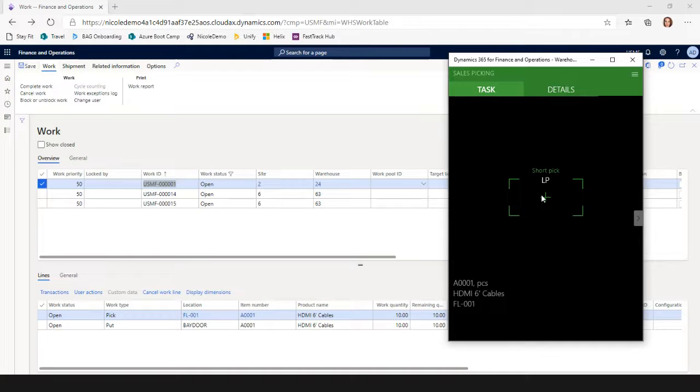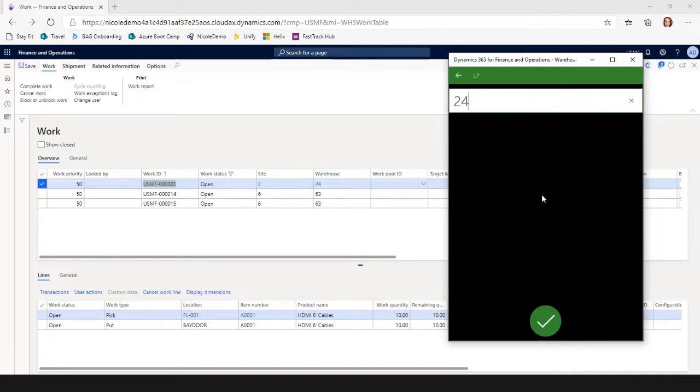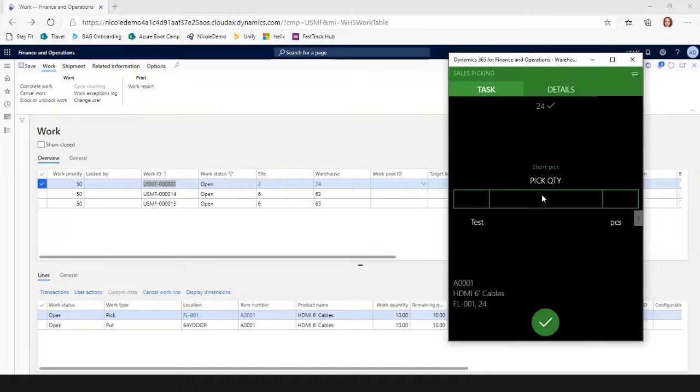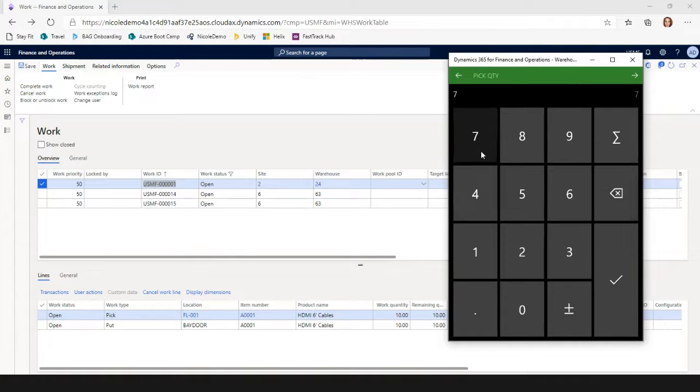It's going to tell me which license plate I am. This location, unlike the other one I was picking from, is license plate controlled, which is why it's asking me to scan the license plate that I am picking from. So if I enter that license plate value, the one that we looked at earlier, which was 24, to demo that other license plate issue. So it's asking me again, I had 10 pieces, but I'm short picking. So if I have 7,